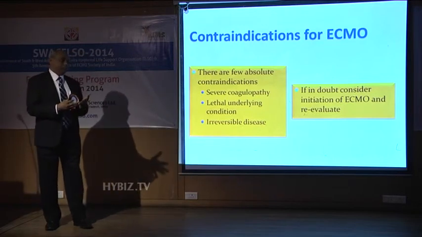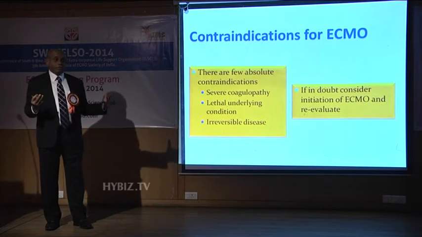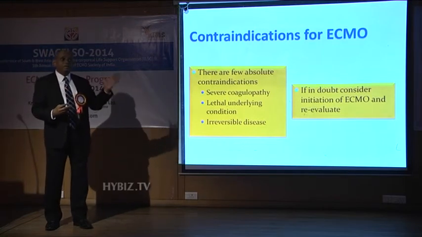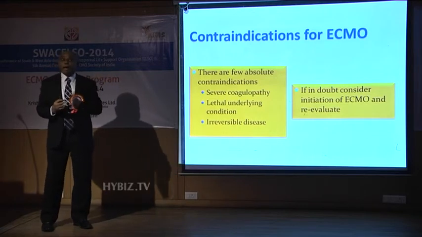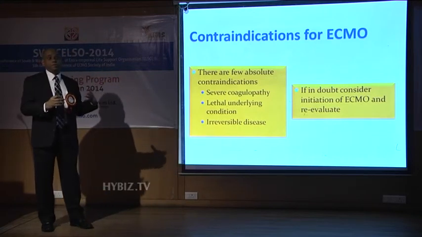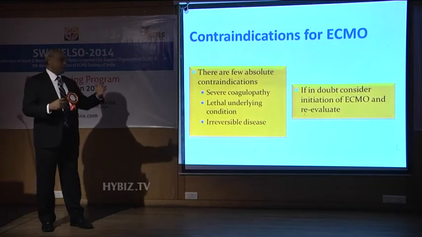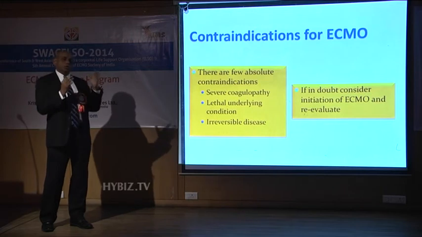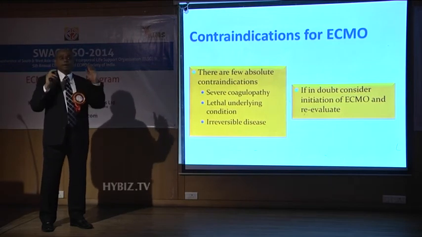So we talk to the family, and then we discuss among ourselves. If the family agrees, we place ECMO, and then we reevaluate. If you see that the outcome is not going to be good, or it's going to be an irreversible condition, then we'll talk to them and come off. So if you don't have enough time to establish a diagnosis of irreversibility,